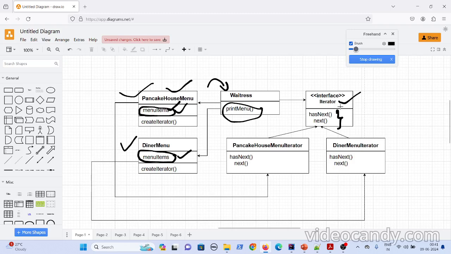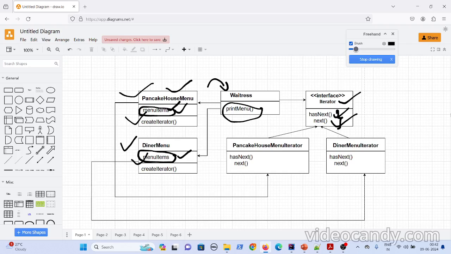So what we have done is create one interface with the hasNext and the next methods, and then implement an iterator for each menu. In this case, since you are just going with the array, you have a single linear order traversal. That's why you have implemented a single iterator for each menu, the pancake house menu iterator and the dinner menu iterator. But if the data structure is a tree or a map, in a few cases you might need to traverse through the keys, and in a few cases through the values.